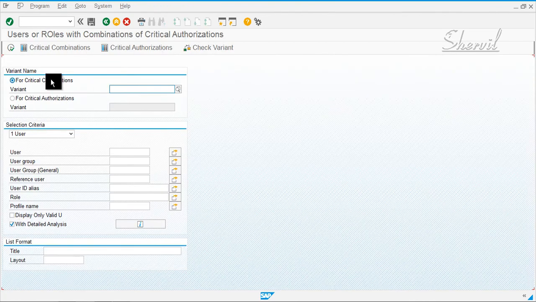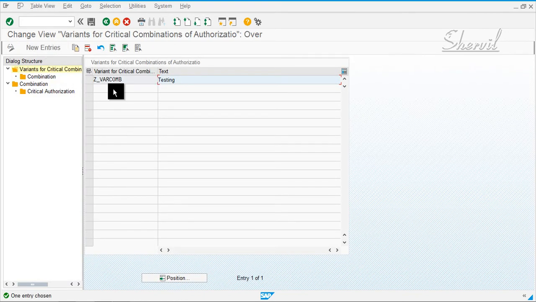Now to create a critical combinations report, select the radio button critical authorization, critical combinations, and click on the critical combination button. The first thing that you need to do, there are two parts to this. One, you create the report containing the list of critical combinations. But before that, you need to create the combination set.